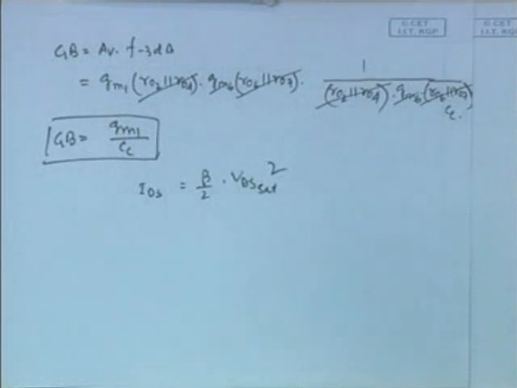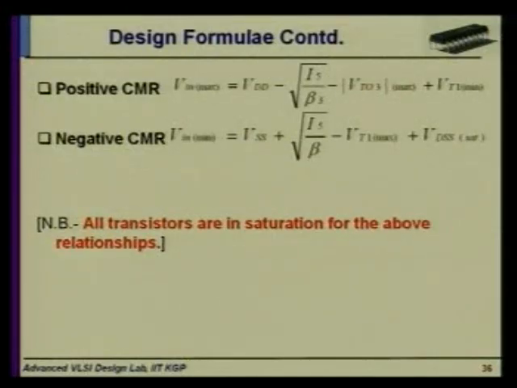And this is the CMR value, that means VN common mode range. Positive means the maximum voltage, input voltage that we can detect. Yes, in the last day I just told you that the value near about for the NMOS DFAM, that is basically near about 0.8 volt, and the maximum 1.6 volt for the positive CMR, and for the negative CMR it's near about 0.8 volt. Okay, and the basic thing is that all the transistors in the two stage op amp should be in saturation for the proper operation.